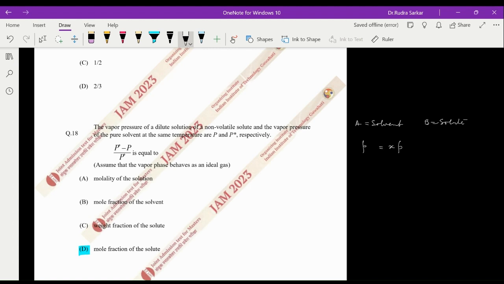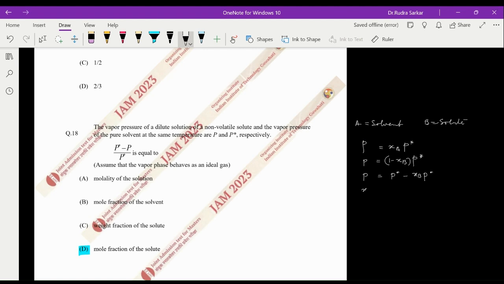So we can write P equals xi A P star, or we can write P equals 1 minus xi B times P star, or we can write P equals P star minus xi B P star,